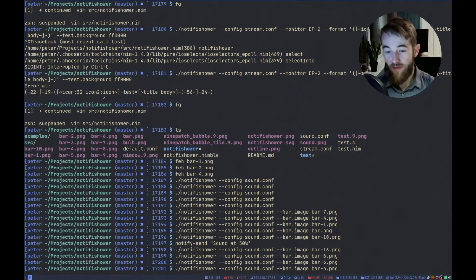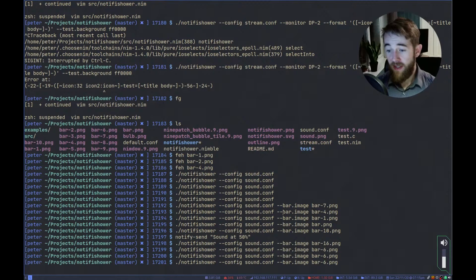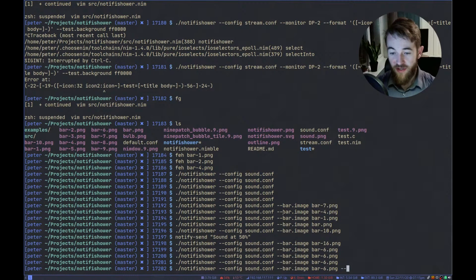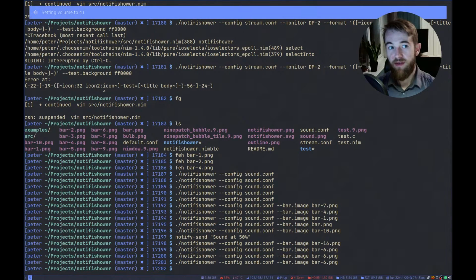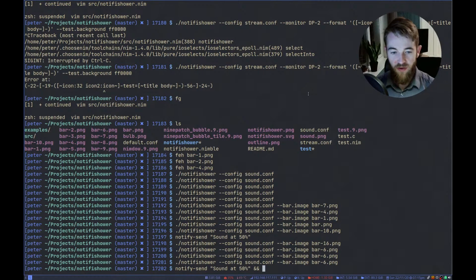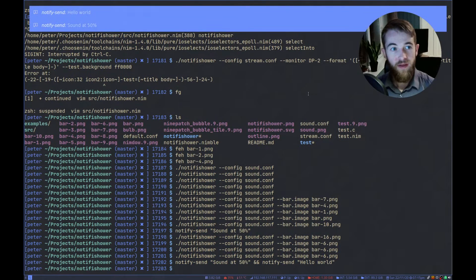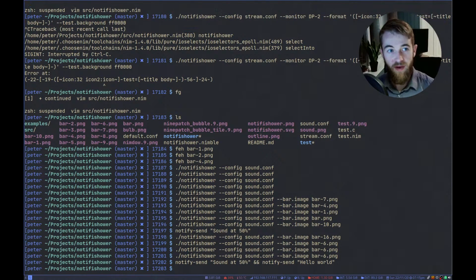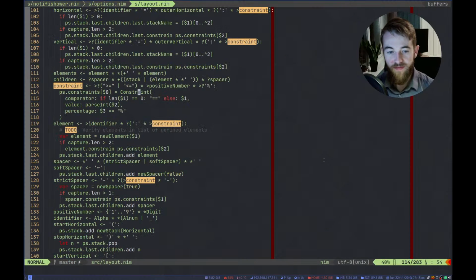And it will also be able to do stuff like, so right now I have this set to just bottom corner. I could do stuff the same way that Dunst can place multiple notifications below each other. So if I do this, they sort of get shown one above the other. I could do a similar thing with Notifier.